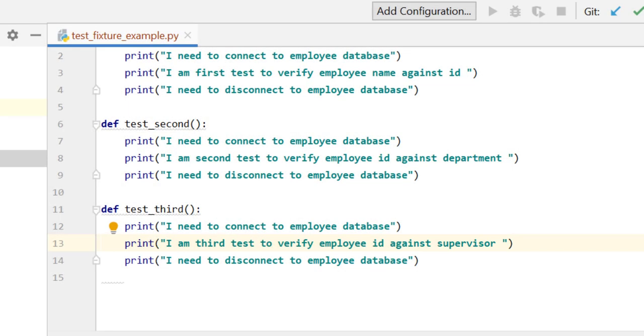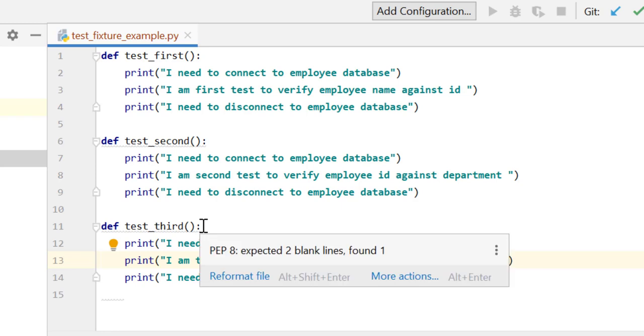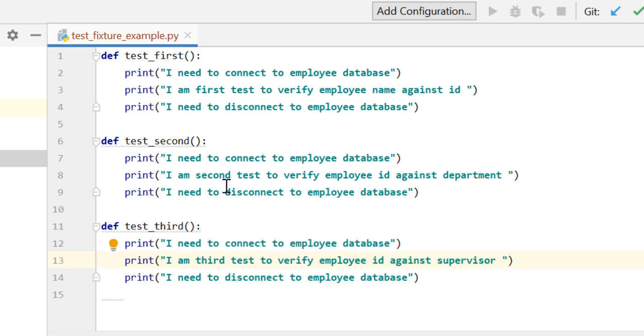So I have added two more test cases, test_second and test_third. test_second, a dummy test case, is supposed to verify employee ID against department, and for that also it needs to be connected to the database. Similarly, test_third needs to verify employee ID against supervisor, and it also needs to be connected to the database. So as we can clearly see, there is repetition of code over here, right? Connecting and then disconnecting from the database.